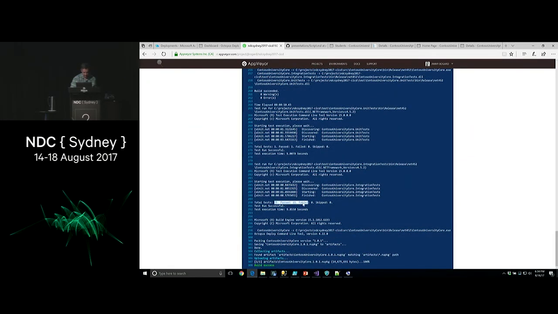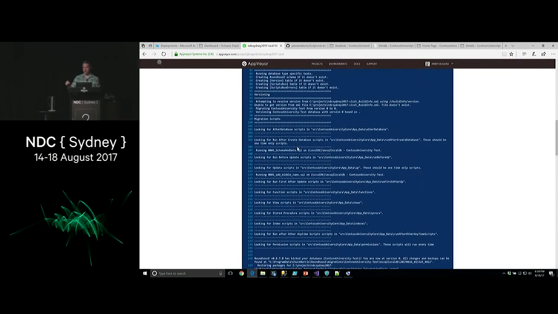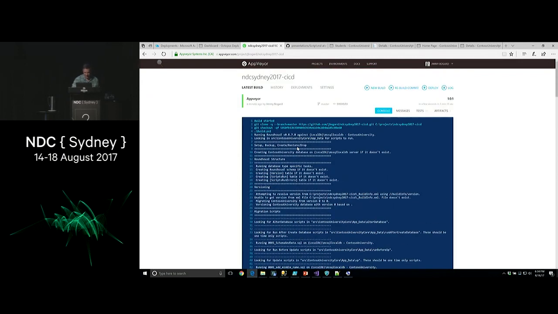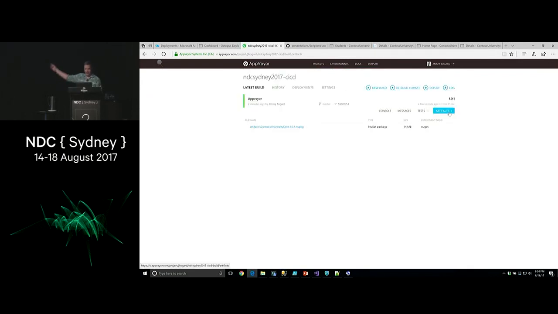There are 21 passing tests, 1 unit test. Yay. I think it's like assert true, true, and we're good to go. All right, my artifacts, I can see, yep, that's the NuGet package I'm looking for. So the final piece of this puzzle here,